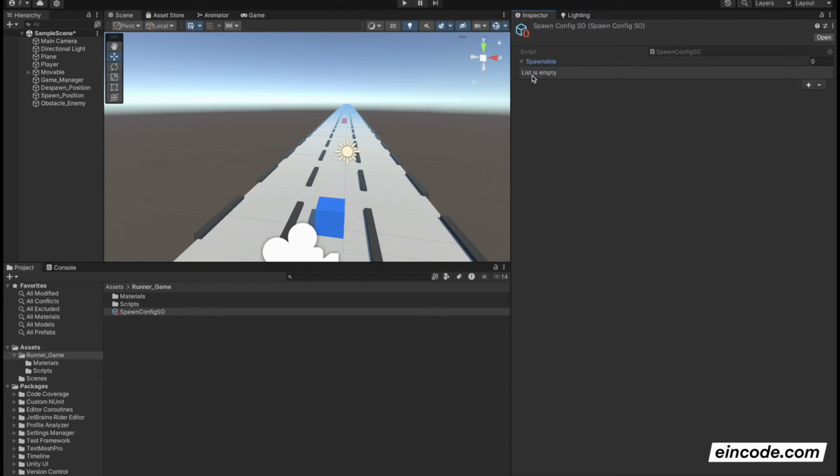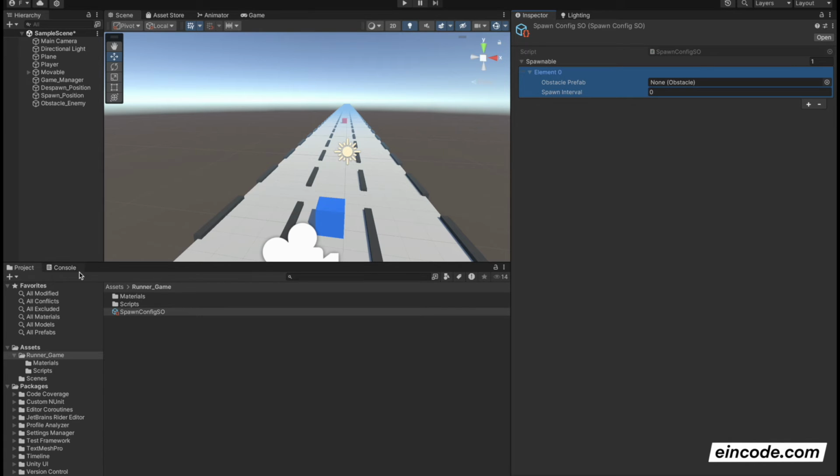I can open it, the list is empty, I can add here, and this will be element 0, the first obstacle we would like to spawn. And we'll provide the prefab, so what type of enemy we want to spawn, and the time interval at which we want to spawn it. So we need to get the obstacle prefab here. We don't have any prefab of our obstacle. To create a prefab, a blueprint of what we will be spawning, we will define it